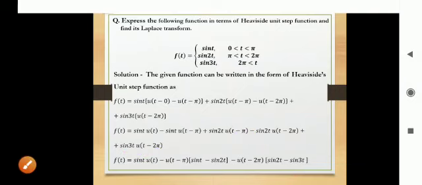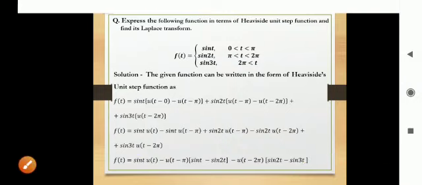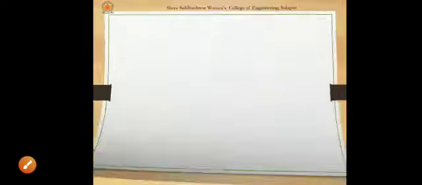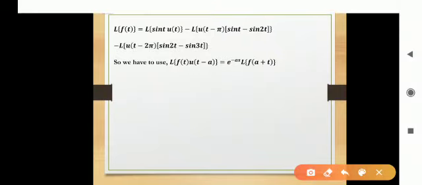So this is the first part where we have completed expressing the given function f of t in Heaviside unit step function form. Now what we have to do? We have to find its Laplace transform. Now first we will just take the Laplace operator on both sides to each and every term. So here what we have to do? Here everywhere